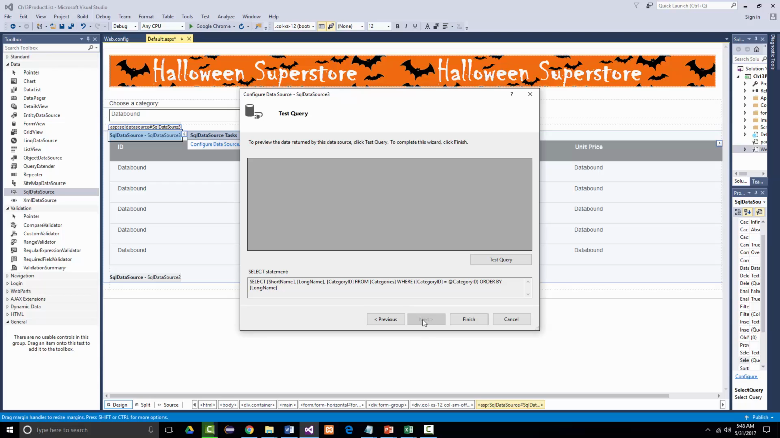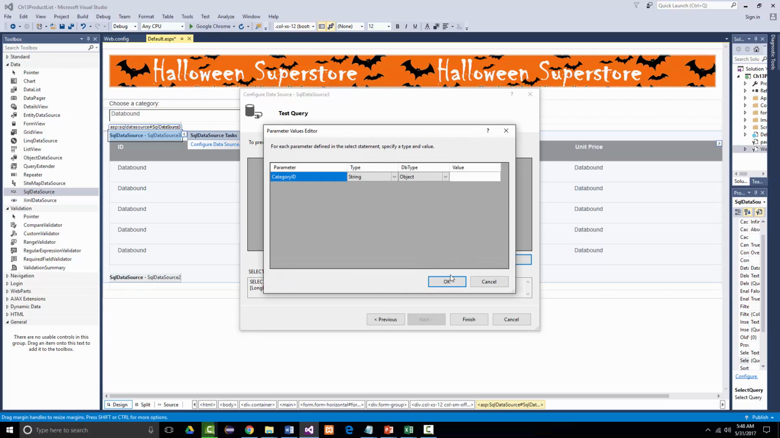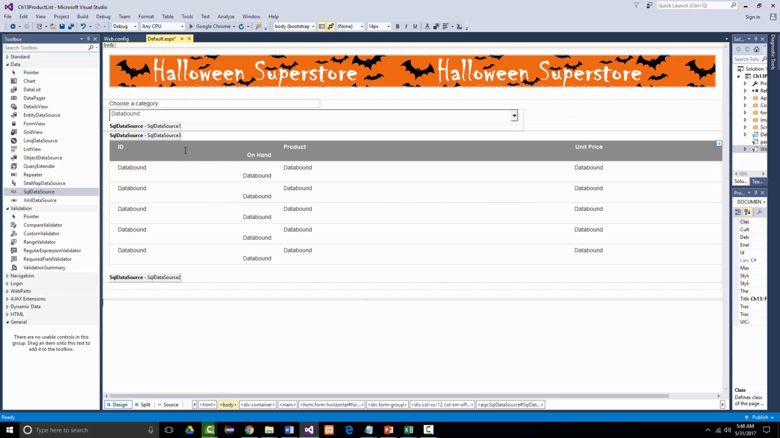And if I go next, I can again test the query. And don't worry if it doesn't say anything. That's no biggie. It really isn't. All right? And click Finish. And then that'll be done. Okay? Now,